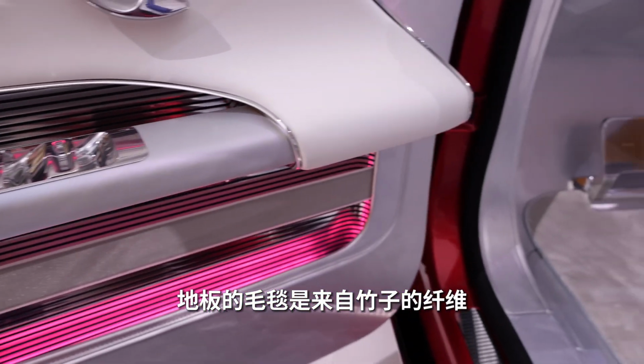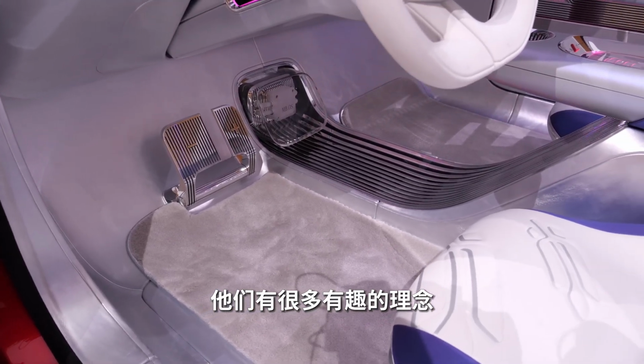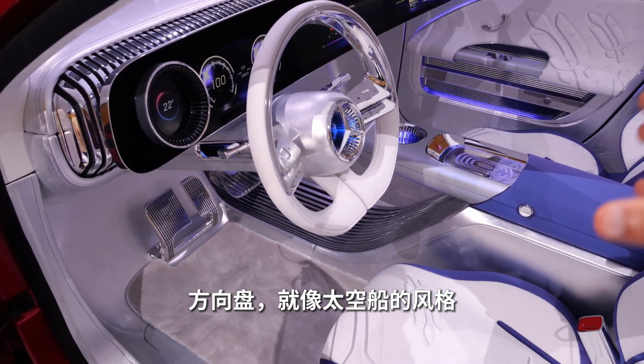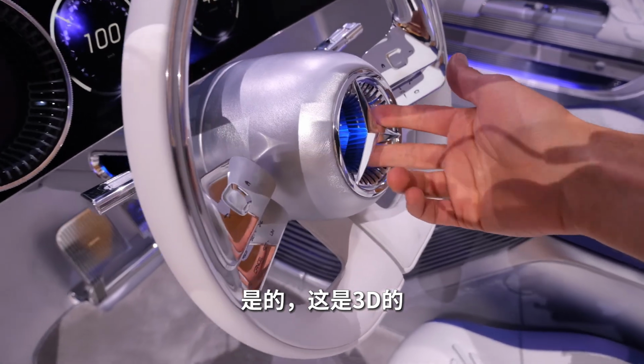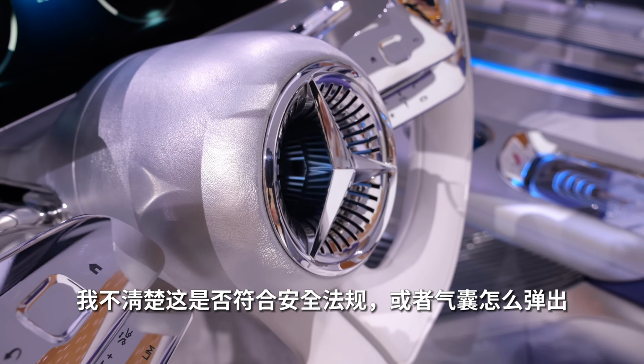And the floor mats are made from bamboo fiber. That's also an interesting idea for sure. And then you can see bright interior styling, steering wheel, almost spaceship style. Here, this is like three-dimensional. Not sure if this will be according to safety regulations or airbag popping up, but I think it's a definitely